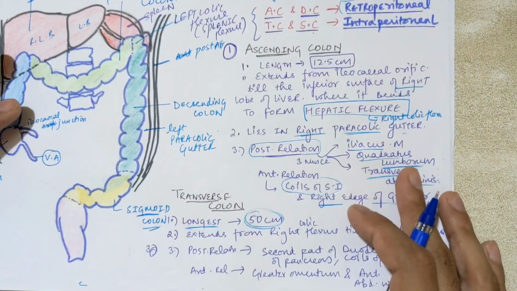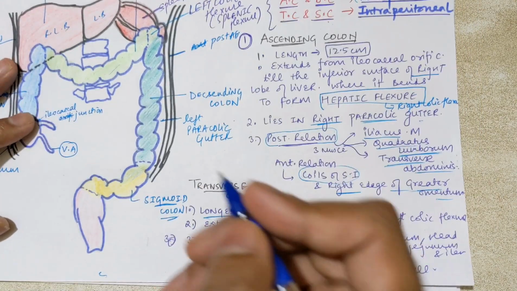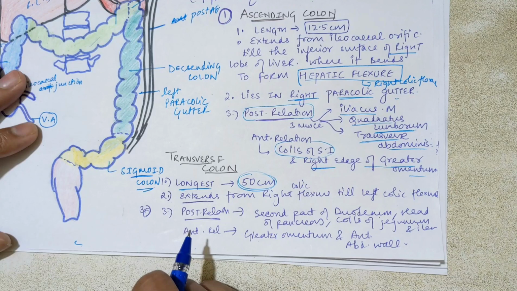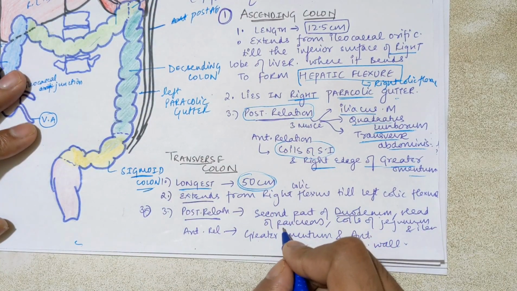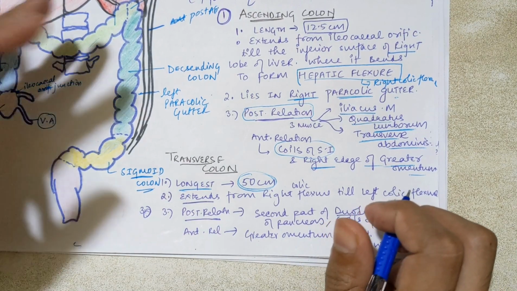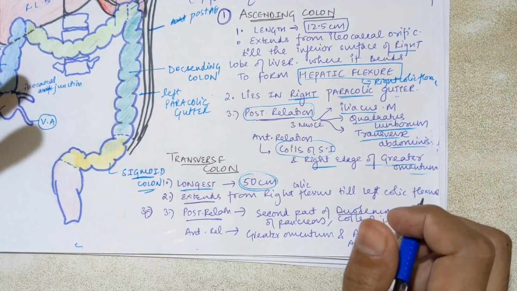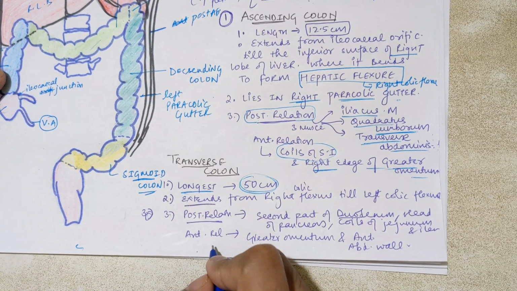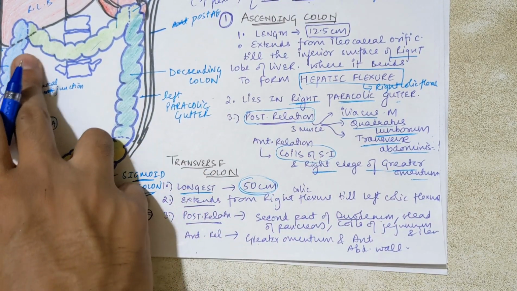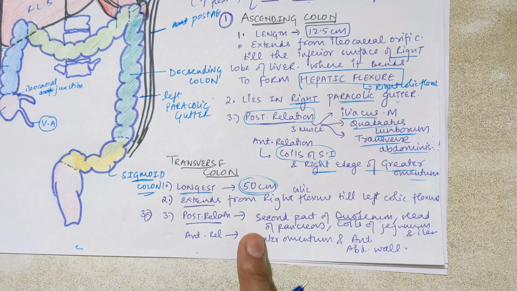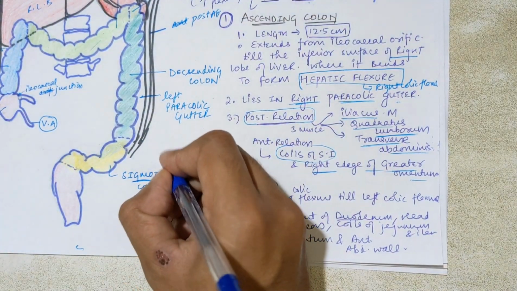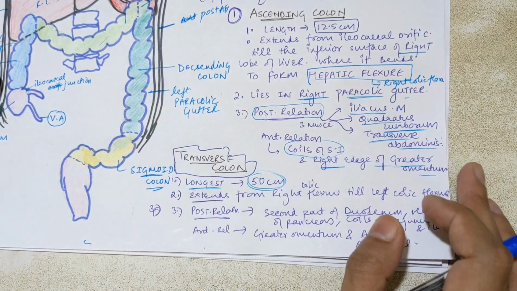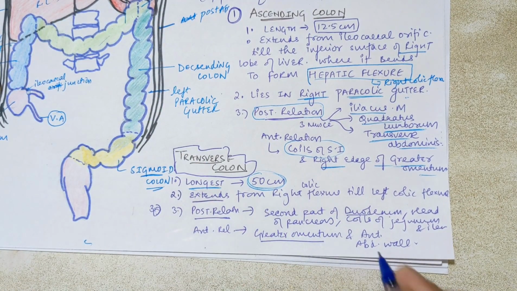Clear? So now we have discussed the extensions. Now let us discuss the relations. On the posterior side there will be the duodenum also, the second part of the duodenum you can see, and the head of the pancreas will also be present. Coils of jejunum and ileum will also be present in the abdominal cavity. There are coils of intestine, they will also be covering. Clear? This much. On the anterior side there will again be the greater omentum, like it was covering the ascending colon, but here the catch point is that it will be covering from all sides, okay, as it is an intraperitoneal organ. So it will have a mesentery, that is called the mesocolon. Clear? From the anterior side will be the greater omentum and anterior abdominal wall.